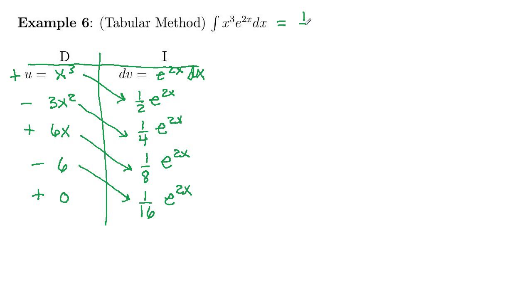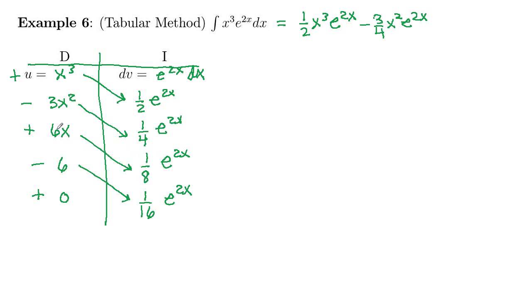So that'll be 1/2 x cubed e to the 2x. And then minus 3x squared times 1/4, so that'll be 3/4 x squared e to the 2x, and then plus 6x over 8,